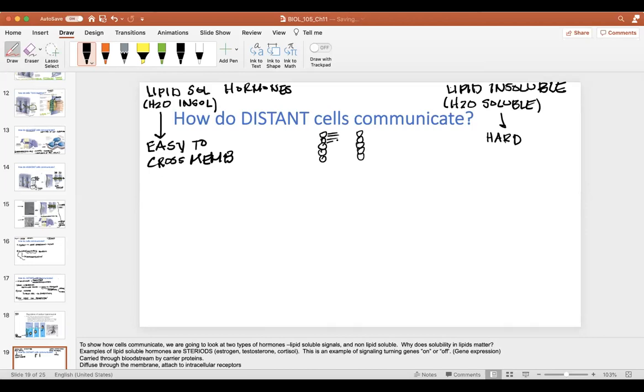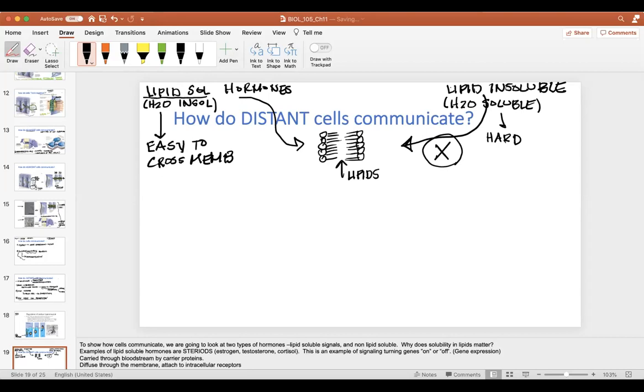y'all remember that the interior of the cell membrane is primarily hydrophobic, okay? So it's lipids in here. And so like dissolves like. Lipid-soluble hormones can make it across this membrane, whereas things that are lipid-insoluble, hormones are usually pretty large molecules, they can't do it, okay? So let's look at an example of each type, and we're gonna start out with lipid-insoluble